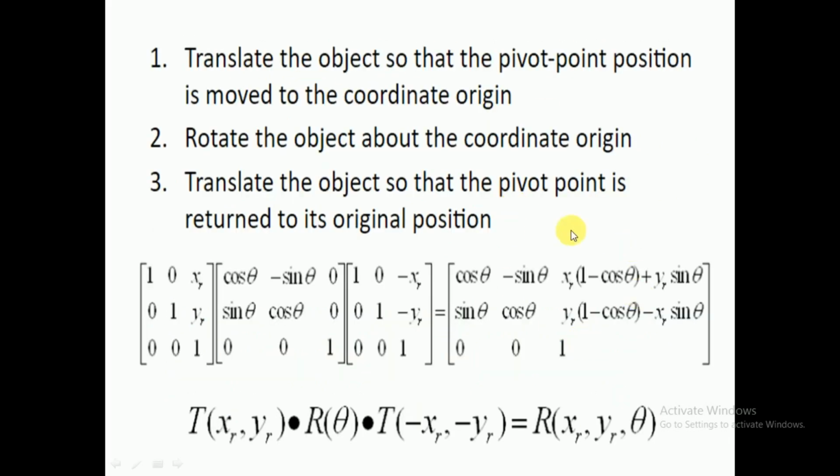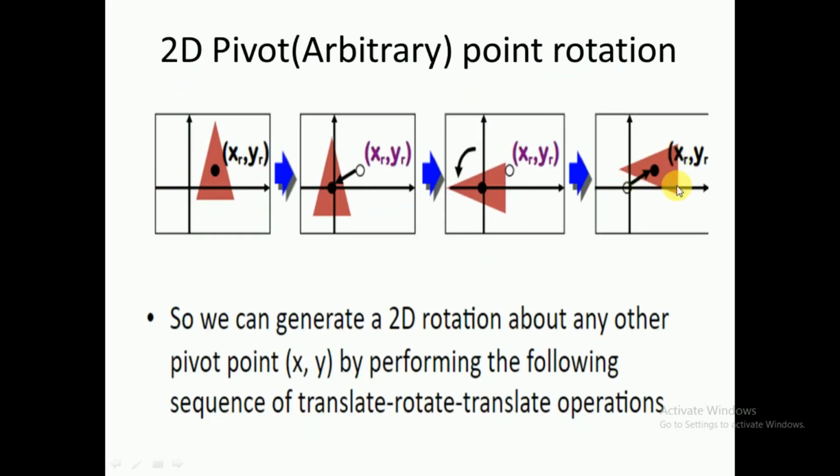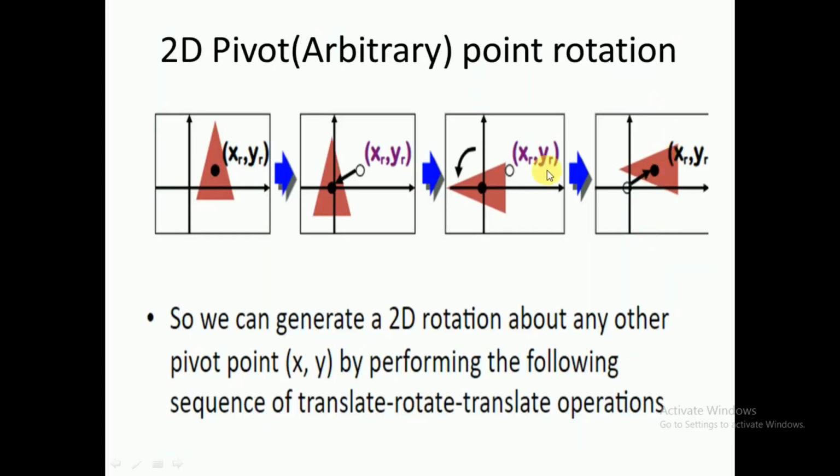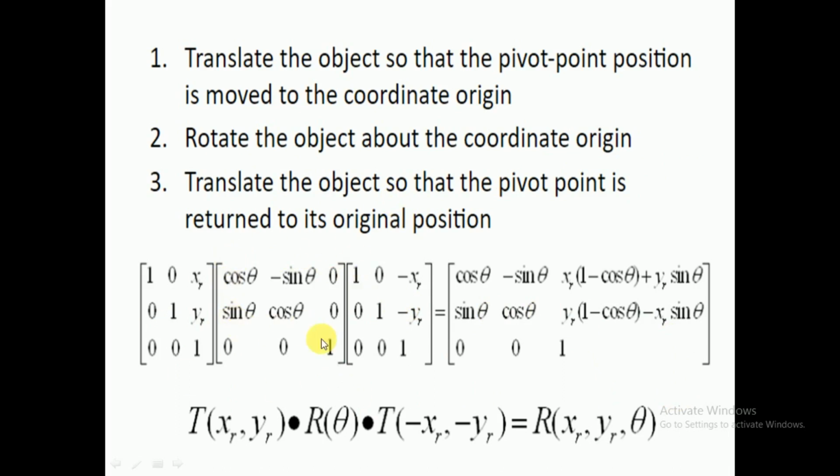rotation. If you know this matrix, whatever theta angle, whatever translation factor you want, if you give it in this matrix, automatically you will get this directly. Directly this means this is the result of this object, right? You will not see this directly. Original point was here, only you will see this result. These intermediate results will not come because this is the result of multiplying 3 matrices. That's why you will see this.